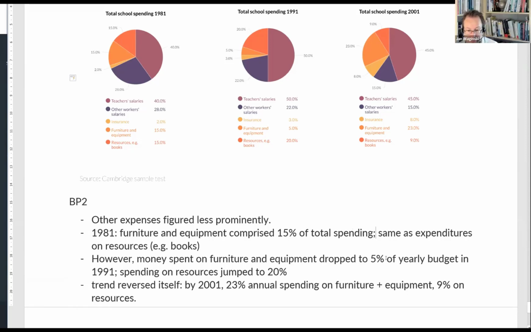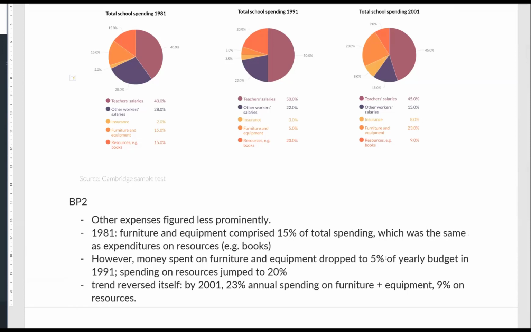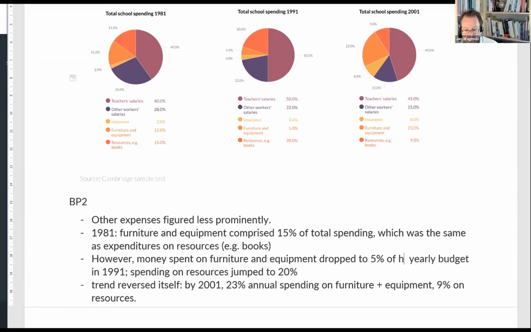Okay, so how do we... Which was the same? Yeah. Good. However, money spent on furniture and equipment dropped to 5% of yearly budget in 1991. The yearly budget, 1981. And then